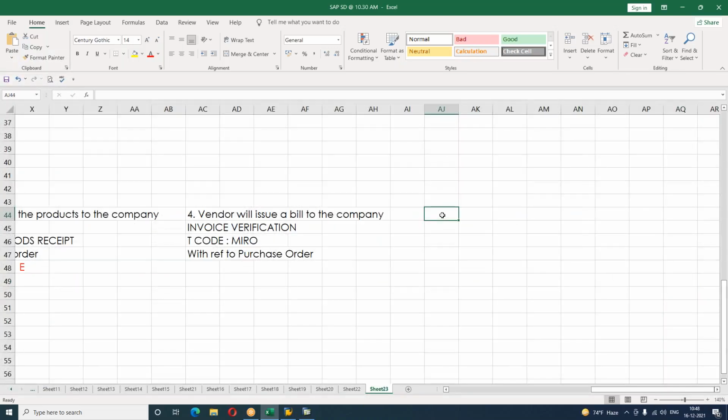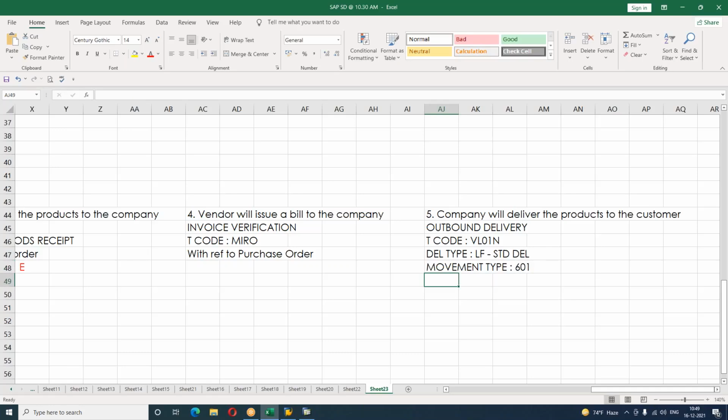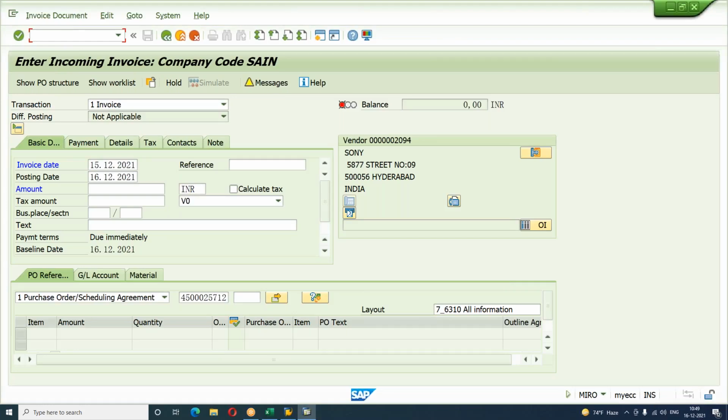Now comes the next step, where the company is going to be delivering the stock to the customer. The company will deliver the products to the customer. This is what we call outbound delivery. The transaction code to work with this is VL01N, and it's the normal delivery process itself. Document type needs to be taken as LF, standard delivery. And here we need to work with the movement type. So the movement type will be taken as 601 itself. So do this one. If you work with VL01N transaction code,